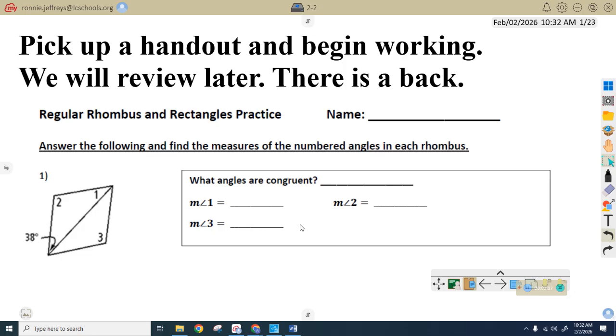The assignment was to do some practice work on what we covered on Friday, and probably about 2 people did 2 problems. All right, so